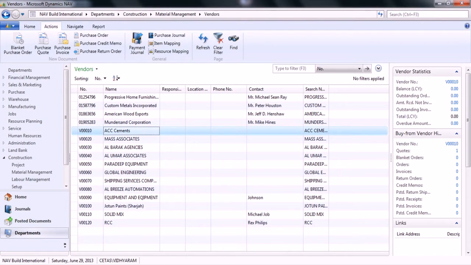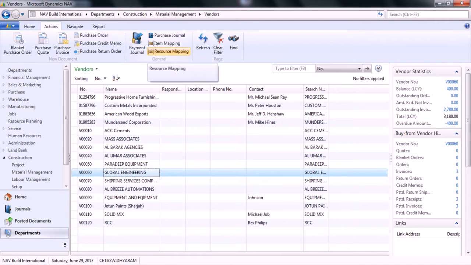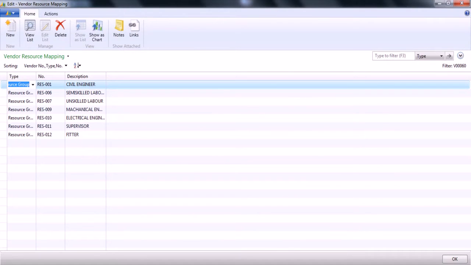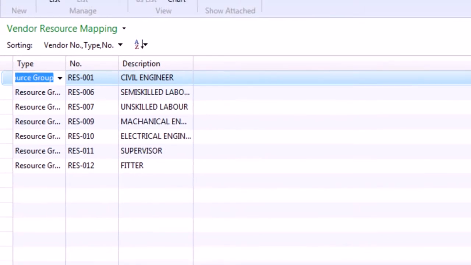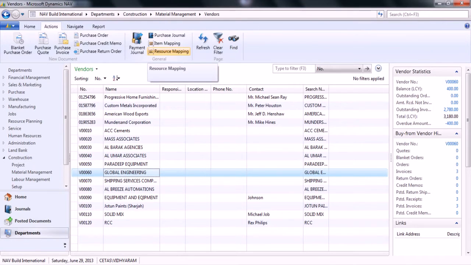In a different case, Global Engineering is another vendor who supplies us manpower, say for example, civil engineer, semi-skilled labor and unskilled labor. As stated earlier, mapping helps you to have control during project execution.